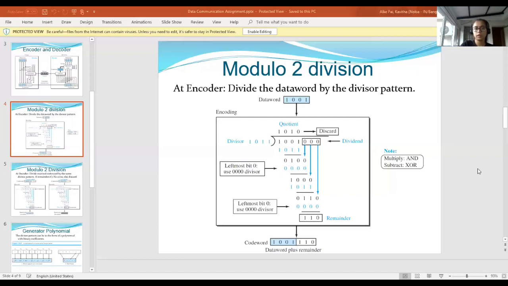So here modulo 2 division takes place, and in each step a copy of the divisor is XORed with the 4 bits of the dividend. The remainder of the XOR operation, which is 3 bits, is used for the next step, and here an extra bit is pulled down to make it 4 bits long. All right, so